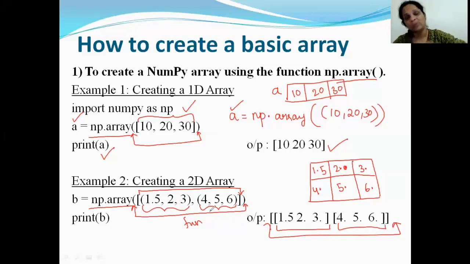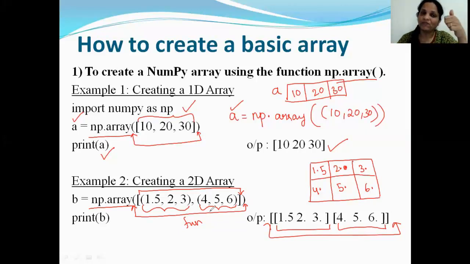But while displaying, it will always show the array elements in square brackets. If it's a one-dimensional array, you will have only one square bracket. If it's a two-dimensional array, you will have one big square bracket telling you it's an array, and within the array, you will have individual square brackets to tell you the elements of each row of the array. Is that clear?